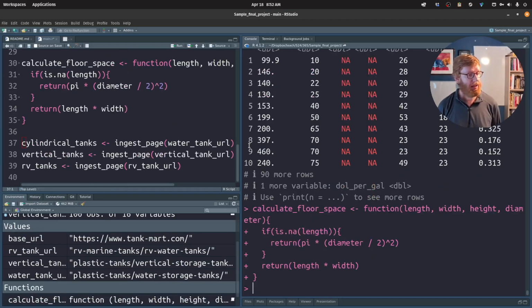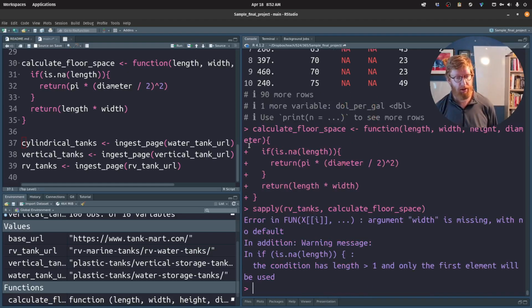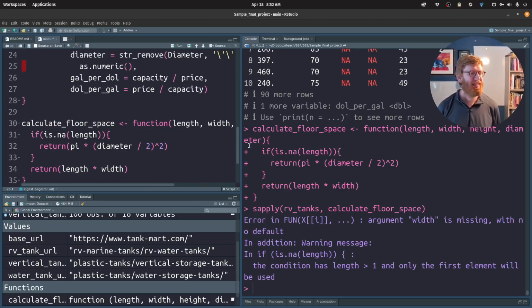So if I take RV tanks, if I apply on RV tanks. Okay, that's fine. All right. So what do I want to do here? I want to say